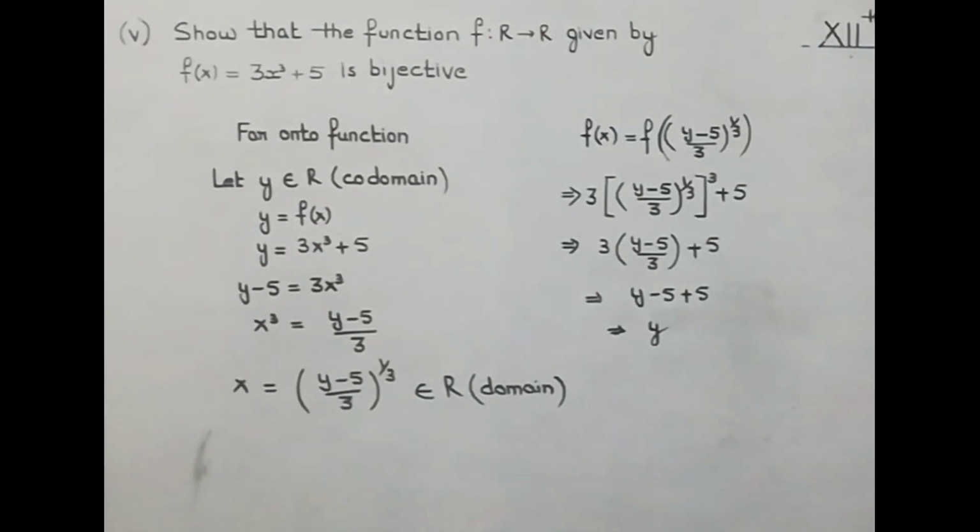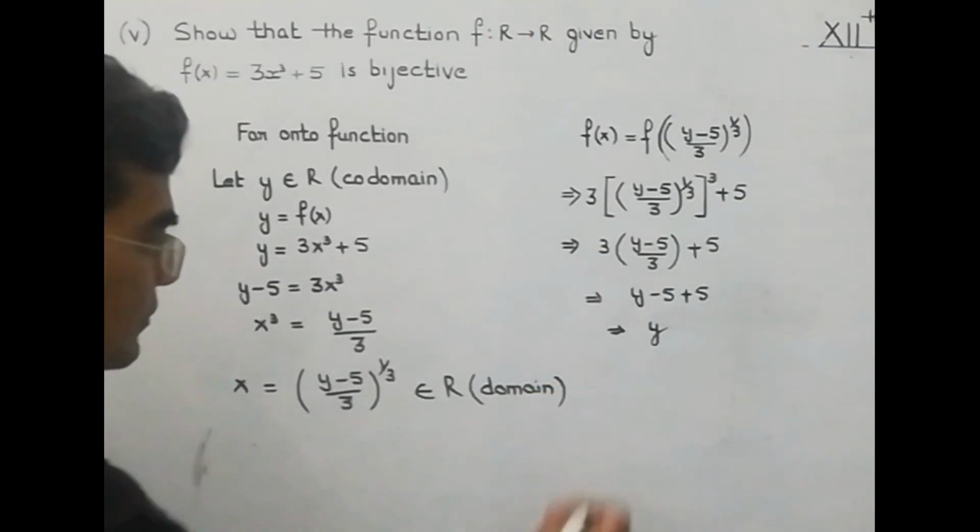So on substitution of the pre-image x, we got the image y. So this confirms that every element in the codomain has its pre-image in the domain. So this confirms it over here. So we can write